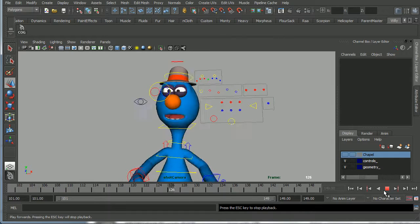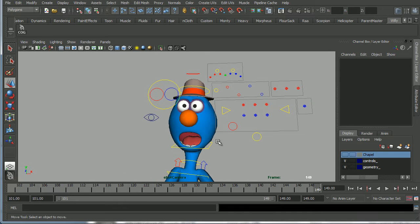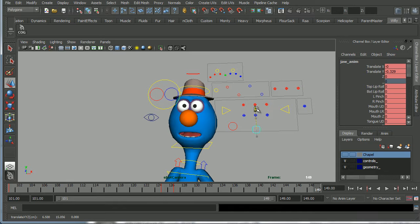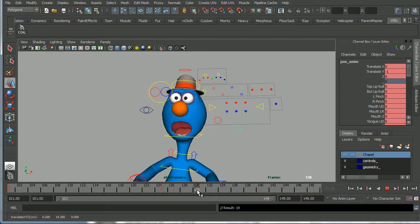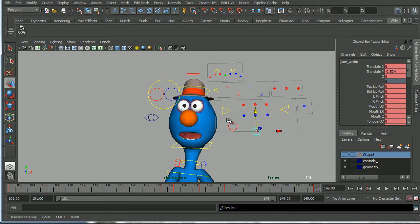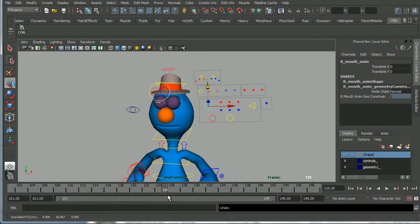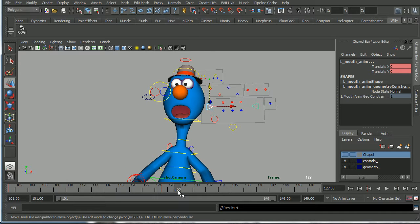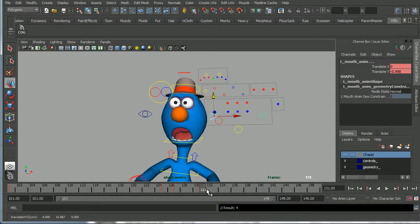And let's see what that looks like. Okay, so it's still pretty blocky there. One thing we want to do is probably close his jaw at the end. Let's keep it. And then what can we do? What about these? Okay, that's going to give us a little bit of. Okay, so let's just set a keyframe there. I'm going to select both of these, set a keyframe there, set a keyframe at 101. You've always got to lock down your keyframes. There we go. 31, 35,